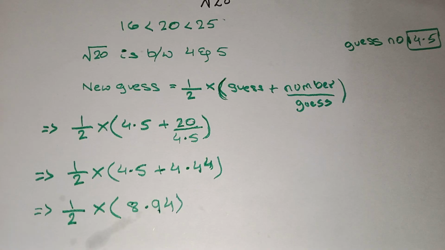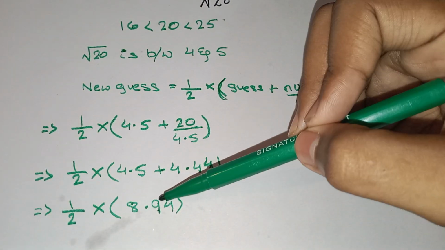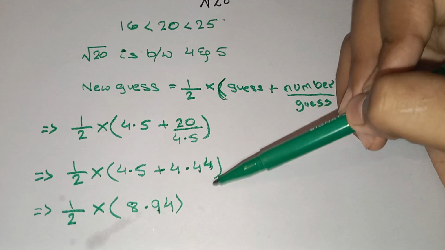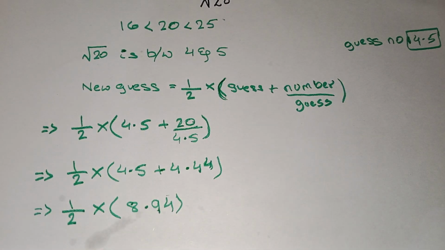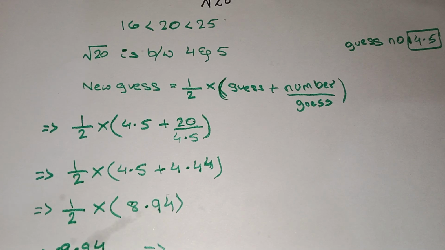I am now telling again how we add two decimal values. So 4.5 plus 4.44. 4 plus 4, 8. 8 has come over here, and 0.5 plus 4, which is 9, and this remaining 4, which is extra, I have written to the second decimal place. So 1 upon 2 multiplied by this, 8.94 over 2. So we will cross multiply it exactly. So 8.94 upon 2, we will get the final answer